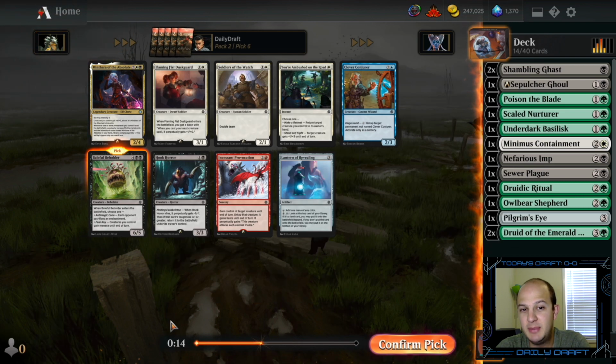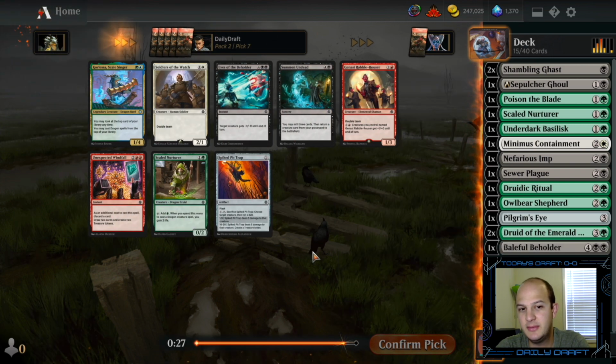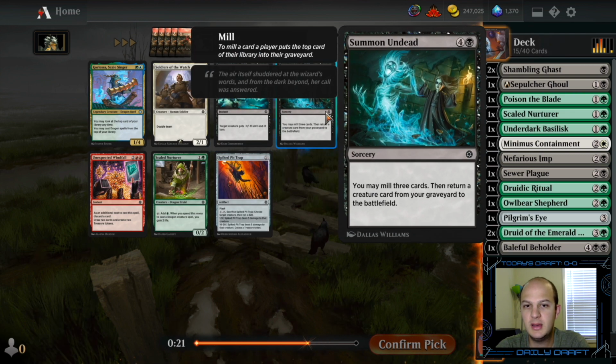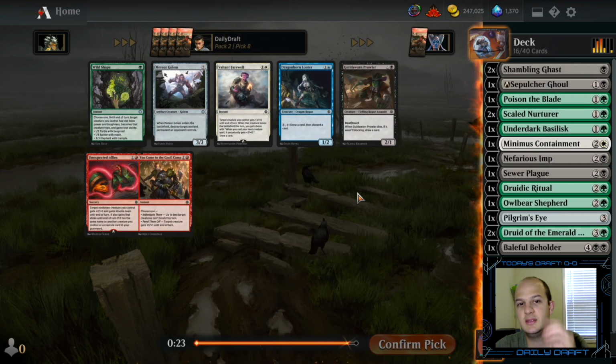We don't really have big threats right now, so I'd prefer not to play that. But if we have to, maybe we have to. Corlessa. Big expensive removal spell. Another Scaled Nurturer. So I'm going to prioritize some of the 5...